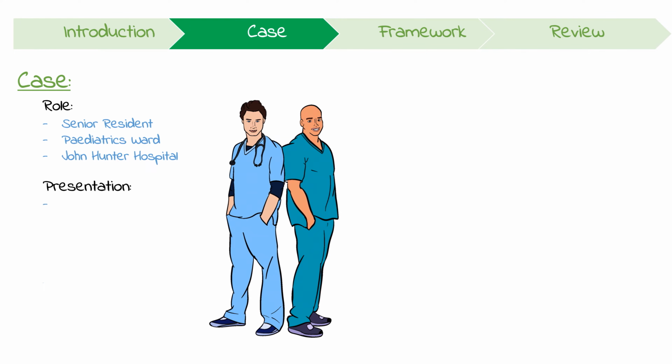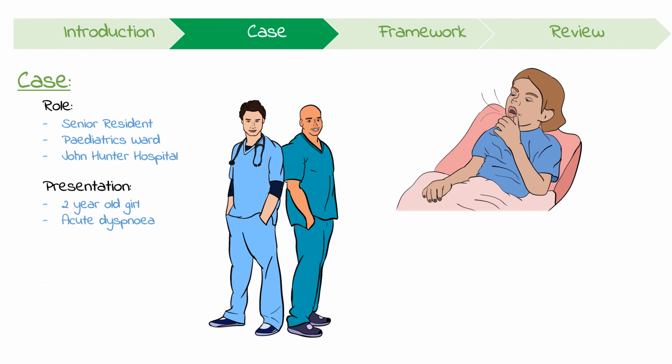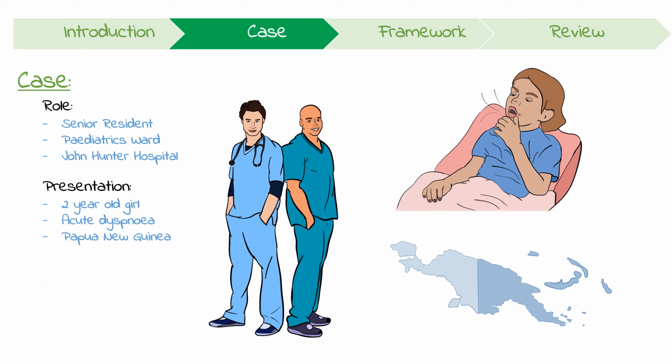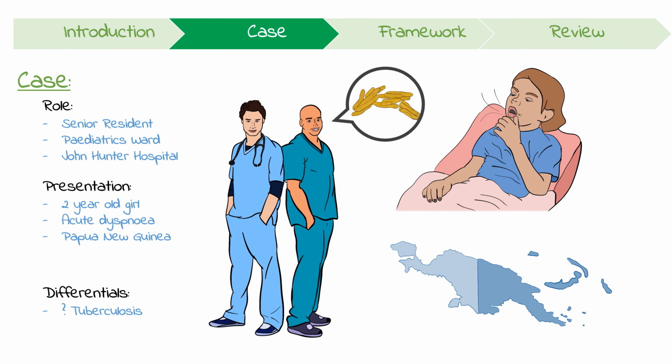You give an example of a 2-year-old girl with acute dyspnea who presents in the middle of the night. She's recently travelled to Papua New Guinea with her family and was coughing on the flight back yesterday. Your confident student immediately interrupts you and says that the most likely differential is tuberculosis, given it's endemic there. You're slightly taken aback by this, and you ask him to think of a structured set of differentials,